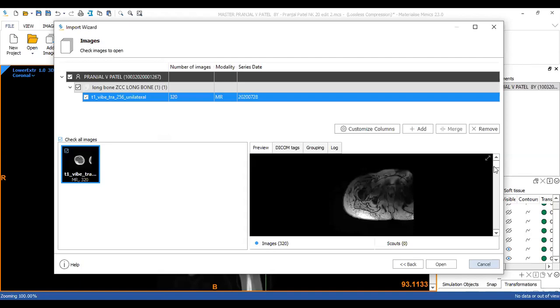Again you can scroll through the images here and see क्या है. उसके properties, DICOM tags remain similar. I'm just going to click on open.